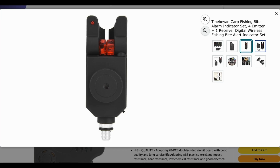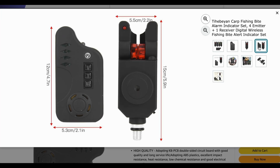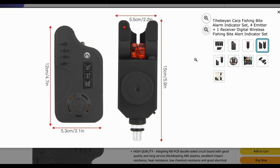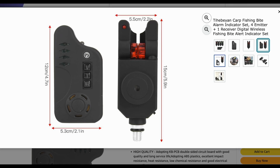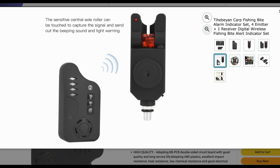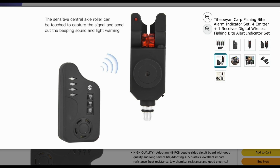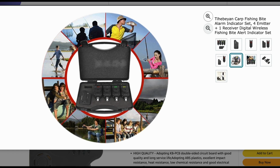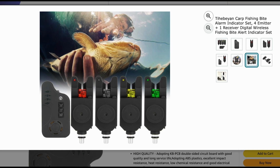What makes the Tihebeyan set impressive is the attention to build quality. The alarms are built with KB-PCB double-sided circuit boards for durability and precision, while the ABS plastic housing ensures strong impact resistance and long service life. The receiver runs on standard AAA batteries, while each transmitter uses a compact 12V LR23A cell, keeping the system lightweight